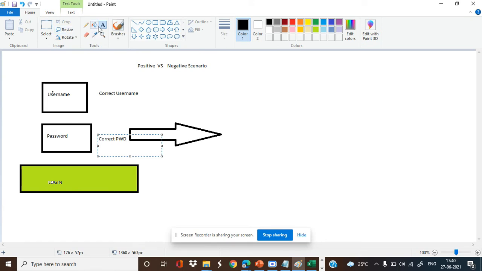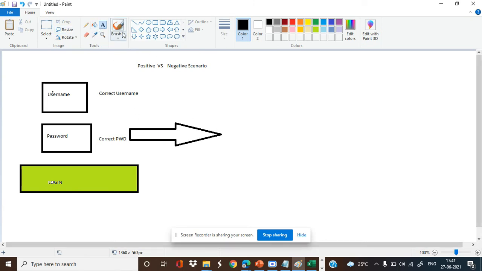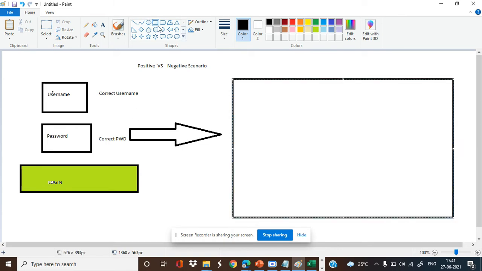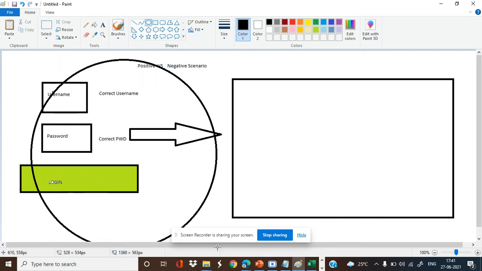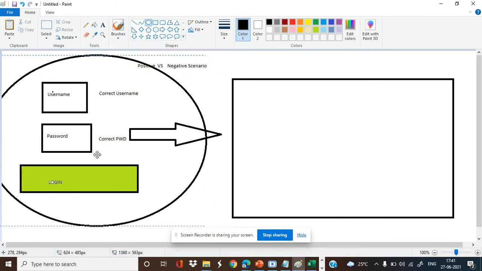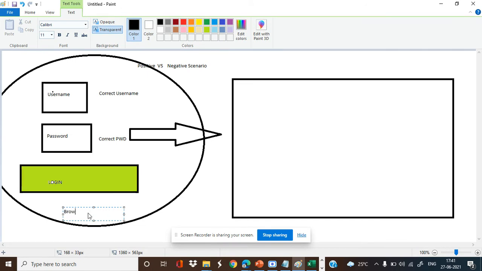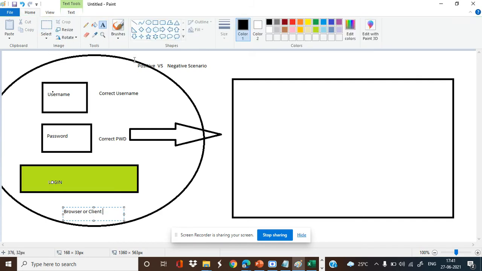Once you ensure this is correct, what does it do in the background? As a functional tester, you do not interact with the business code. So what will it do? Let's see. This is a browser or client, where you are performing the action. So what happens in the background is that there is